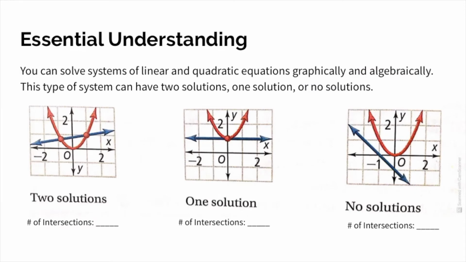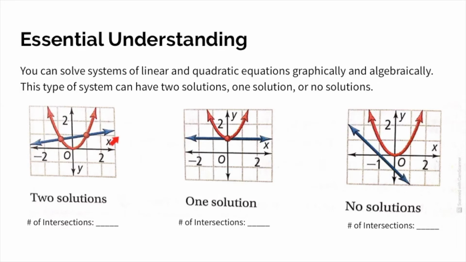And so this brings us to our essential understanding. And our essential understanding is that we can solve systems of linear and quadratic equations graphically and algebraically. And this type of system can have two solutions, one solution, or no solution. And we can very easily tell how many solutions our system is going to have based on the number of intersection points. So for example, when we look at this first example over here,